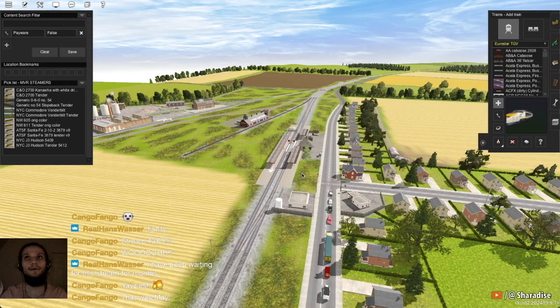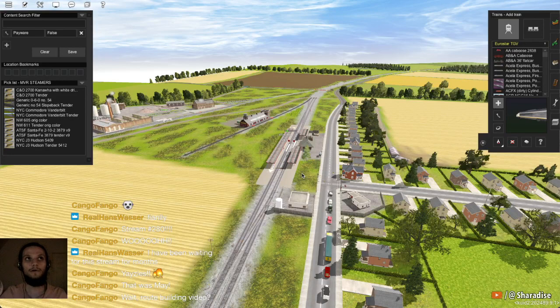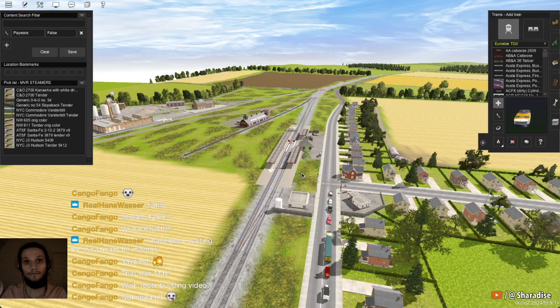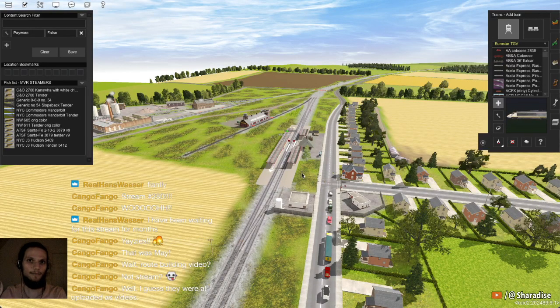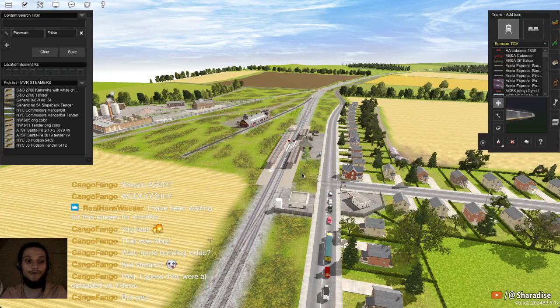So the plan is for this to be both, of course, entertaining for you, but also educational. If you're watching this and you're building Trainz routes yourself, and you want to maybe get into session creation, or maybe you just want to make sessions for a different route that's not your own, then you can still make sessions for those routes. And so I want to share my methods that I've come up with myself through trial and error of